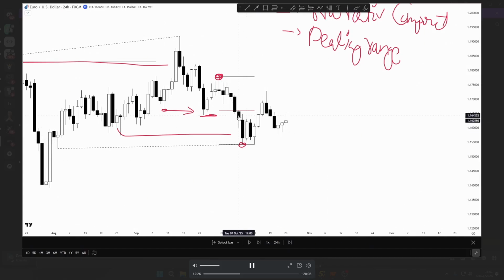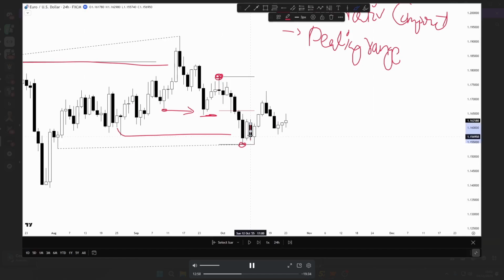Now again, these two reasons were not the only ones that led to this low being considered a key one and me defining this expansion swing into a dealing range. We also had another lower time frame confirmation on the 4-hour, which finally confirmed it for me, which I'll talk about later. But that 4-hour confirmation was the final nail in the coffin for me. The reason I'm saying this is that even when we were here, right around here,